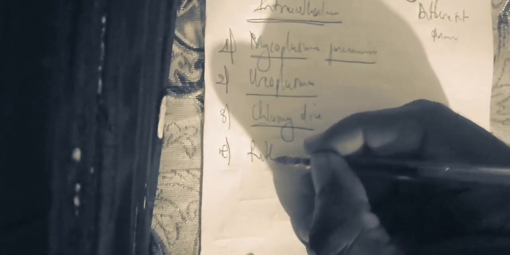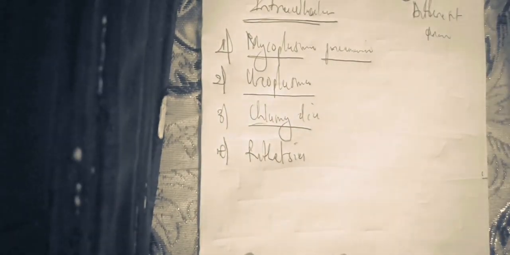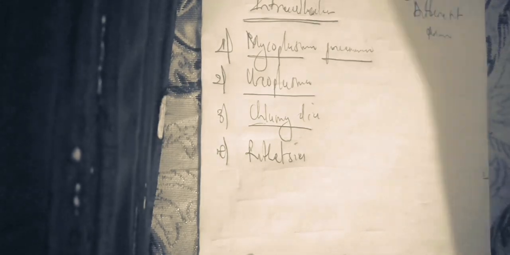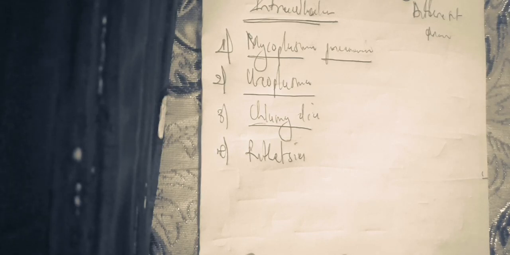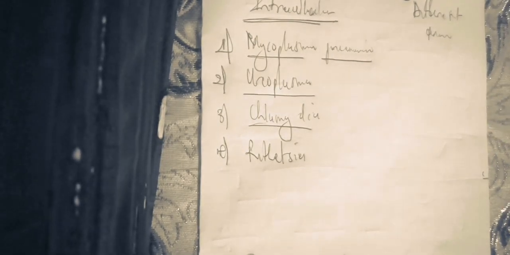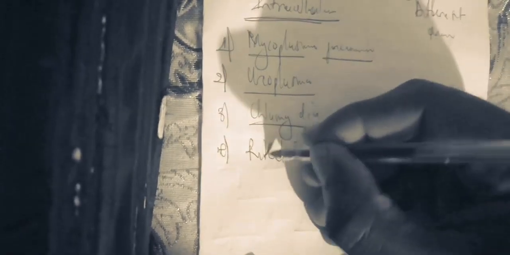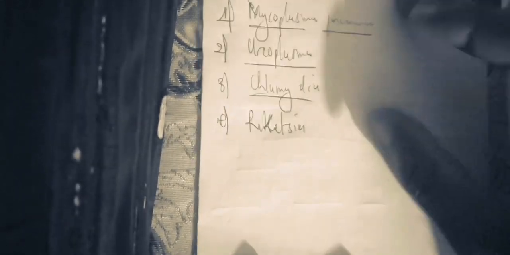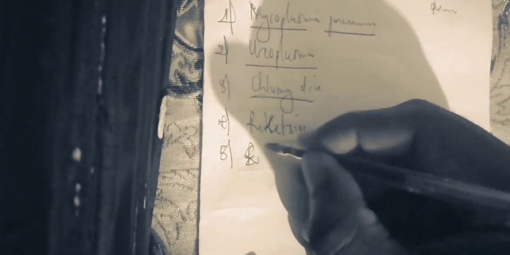The fourth one which we have is Rickettsia. Is it clear? Rickettsia is the one that is going to result in Rocky Mountain fever, when you have fever in a peculiar location like the Rocky Mountains. Is it clear? When you have Rocky Mountain fever, we have even typhus fever or Q fever. Is it clear? All that is as a result of Rickettsia infection. The fifth one, after the Rickettsia, we can have the